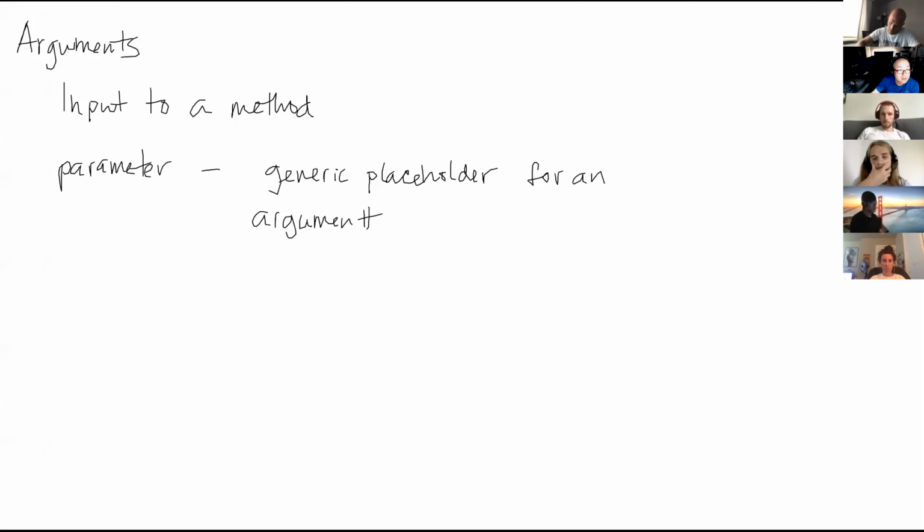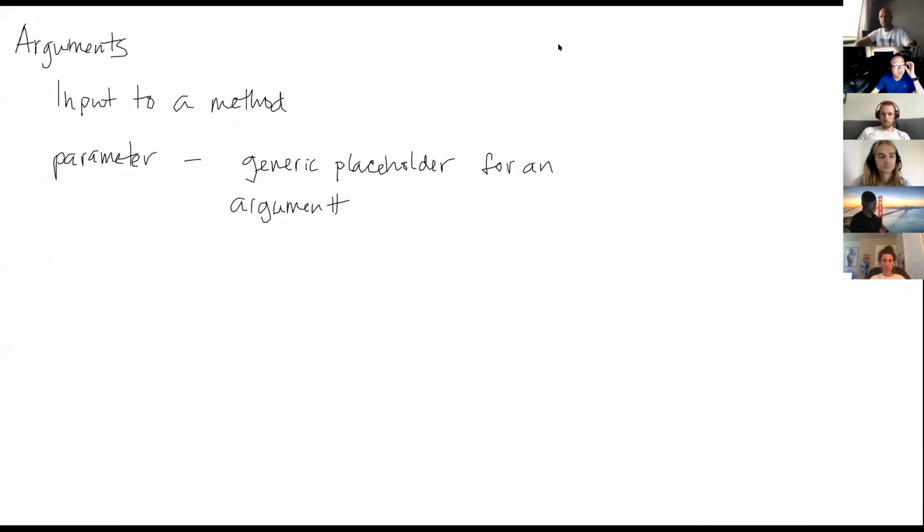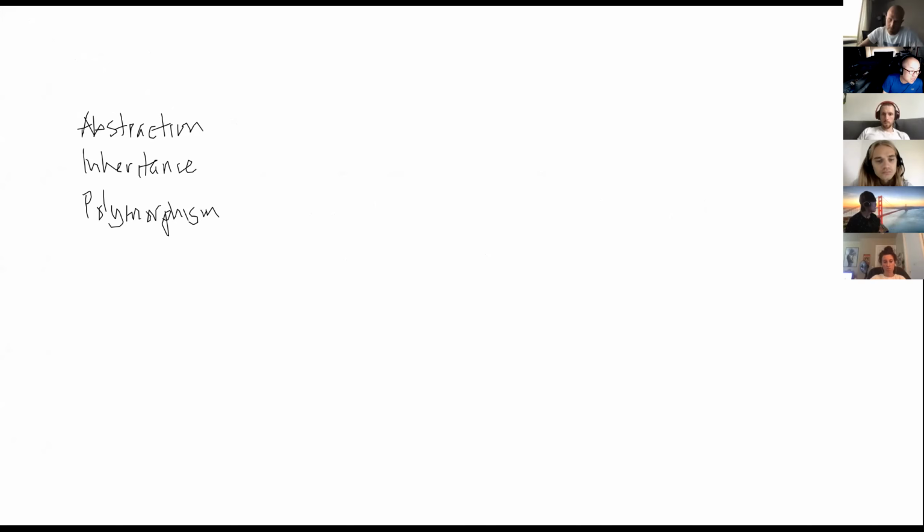Second. And the 4 pillars of computer science. Abstraction, inheritance. What? Polymorphism. And